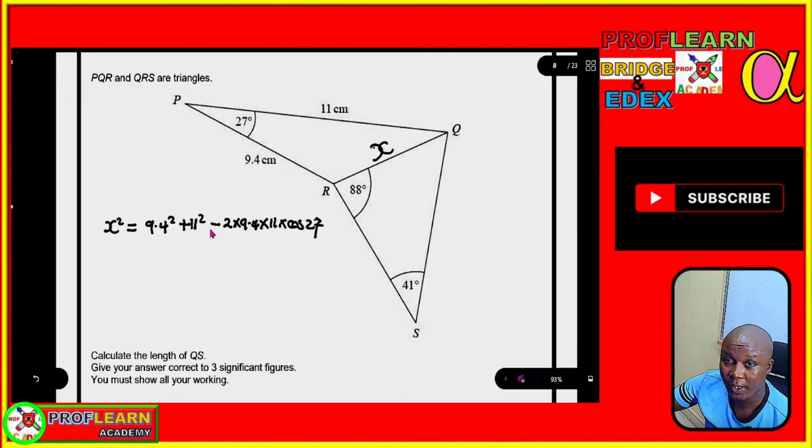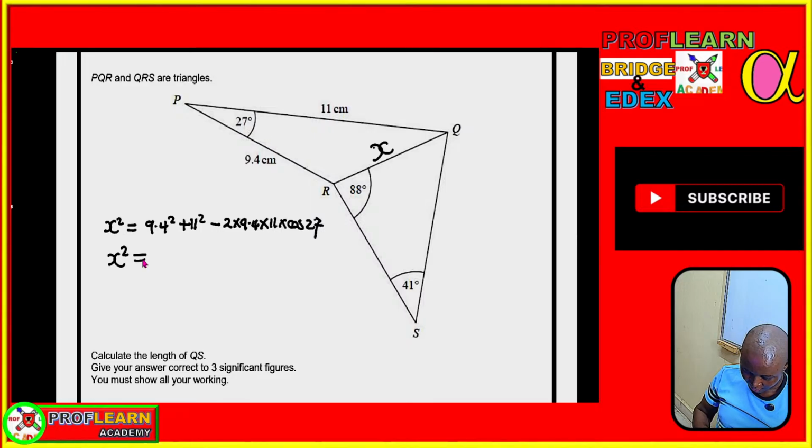So I'm going to simplify whatever I have here and then find a square root. So x squared is equal to, so can I put everything that I have there in the calculator? 9.4 squared, let's put them together. 11 squared minus 2 times 9.4 times 11 times the cosine of the angle, which is 27. So if we work it out, we're going to get